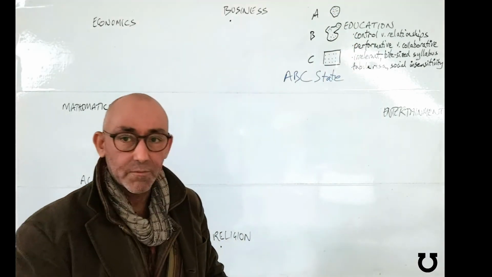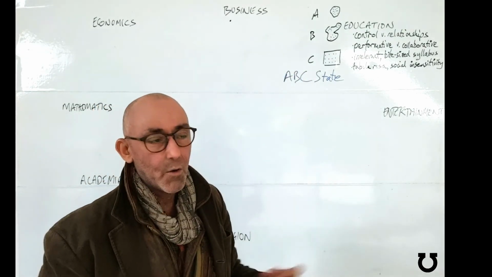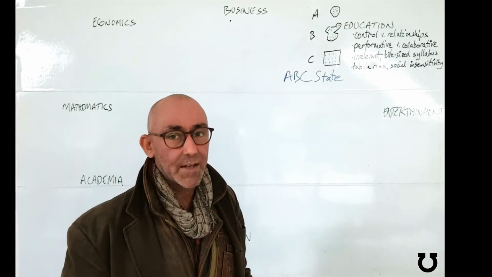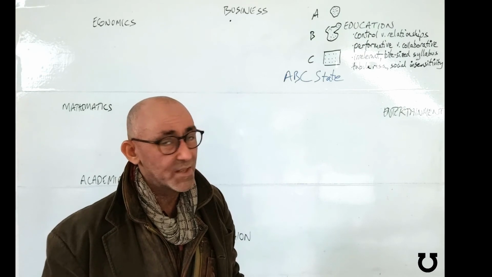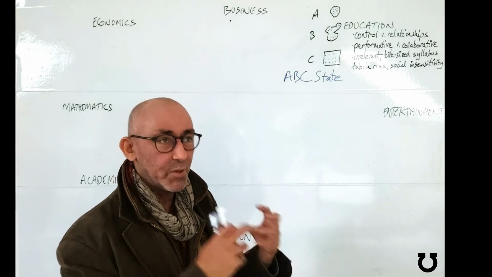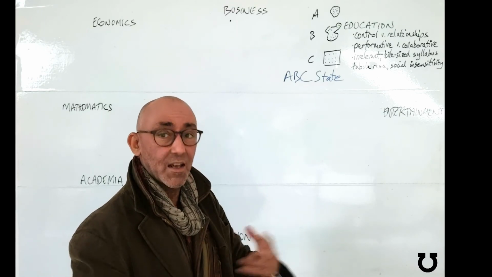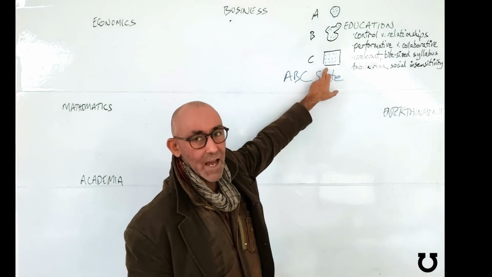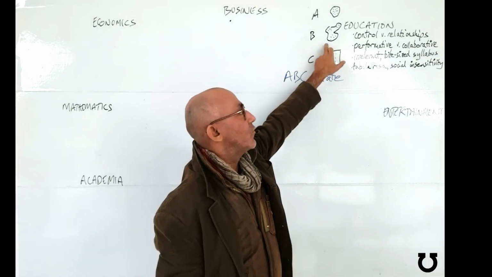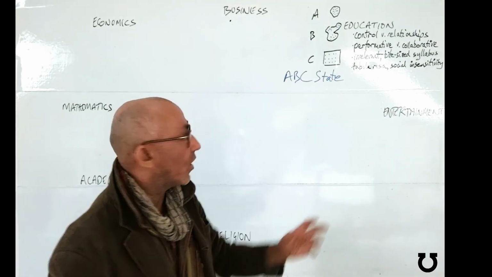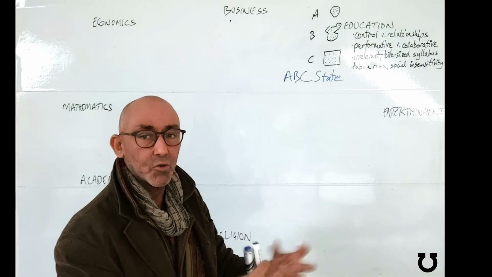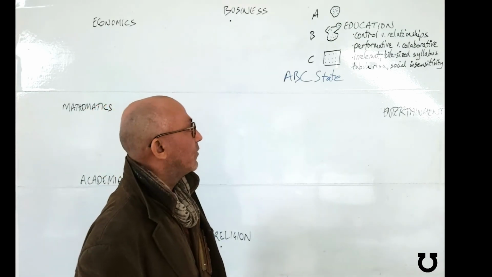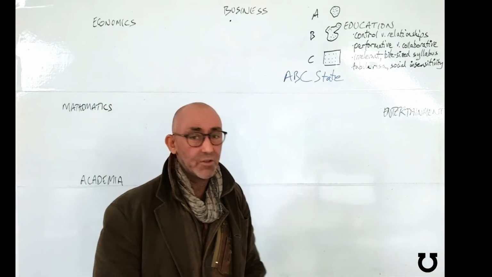is a much more cohesive, social cohesive state where everybody's basically self-disciplined. In fact, you don't even have to have a border around that. To actually represent that as a border is kind of a mistake. There is no identity beyond the individuals behaving in certain ways and the collective result of that. This one is definitely named, class 3A in maths or something, whereas this one starts becoming a socially organic form, and A is an ultimately organic psychosocial form. So if you keep that in mind when we talk about the other systems, that would be useful. And if you keep it in mind for yourself, if you're going to look into ABC state,